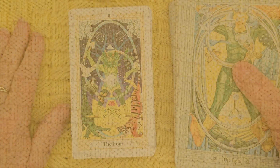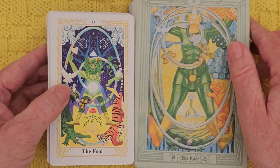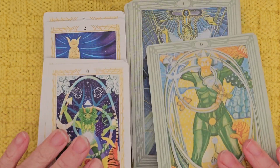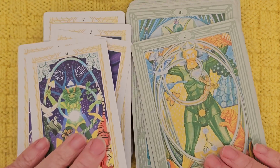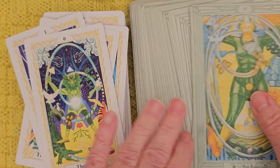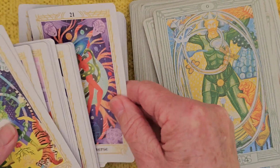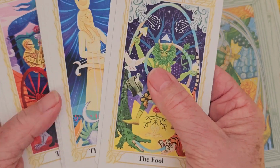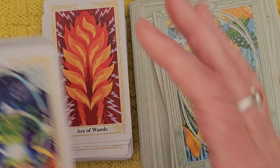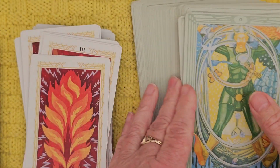Well, thankfully that noise outside has stopped, so I can talk again now. And what do I think? Well, the first thing I noticed was the numbering system. The original Thoth deck has Roman numerals on the majors, whereas in this deck it's been changed around, so we've got 0 to 21 on the majors, and then on the minors we have Roman numerals, but it's actually the other way around